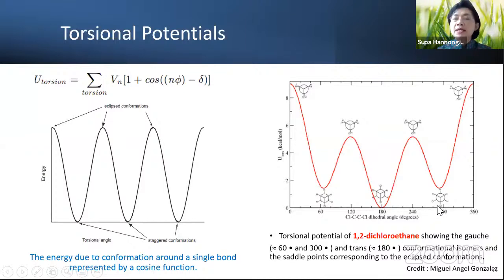So we can say that the gauche at 60, 180, and also 300 are the conformations of the isomer where the molecule is very happy on stability, but for the eclipsed, they are not happy. It's not stable. They have to come down to the valley of the energy like this. This is quite nice and gives you more visibility of the torsional potentials of the molecules by molecular mechanics based on this simple equation.